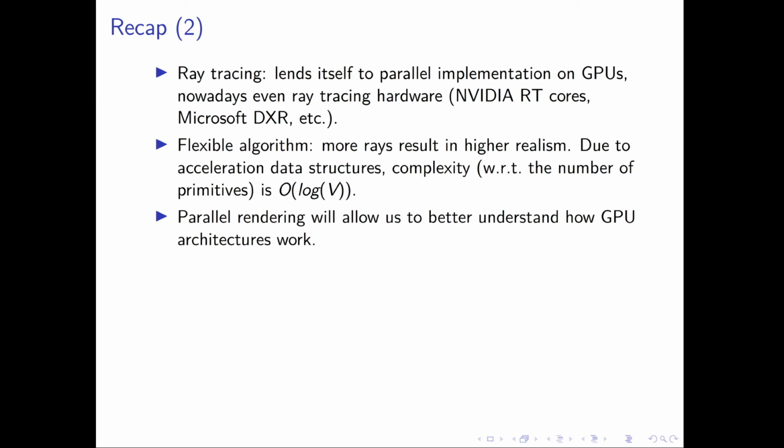When we would naively perform ray primitive intersection tests, we would just intersect the rays against all the primitives in a linear fashion, like a linear search. And this is customarily optimized using acceleration data structures to get the asymptotic complexity down to a logarithmic complexity. And in the last sessions, we also learned about parallel rendering, and ultimately